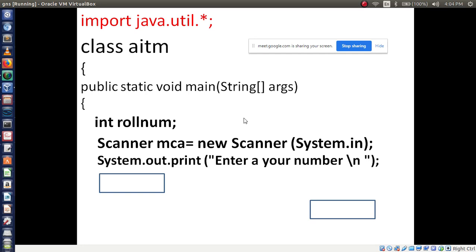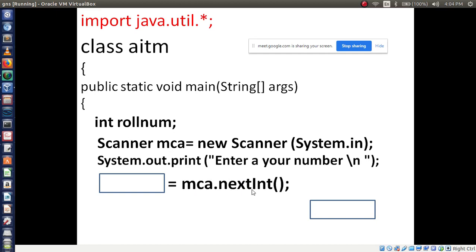After that, what method should I use? Next line, what should be there? Method name. See here. Object name is what we have created, MCA. Is it clear? Then method name.